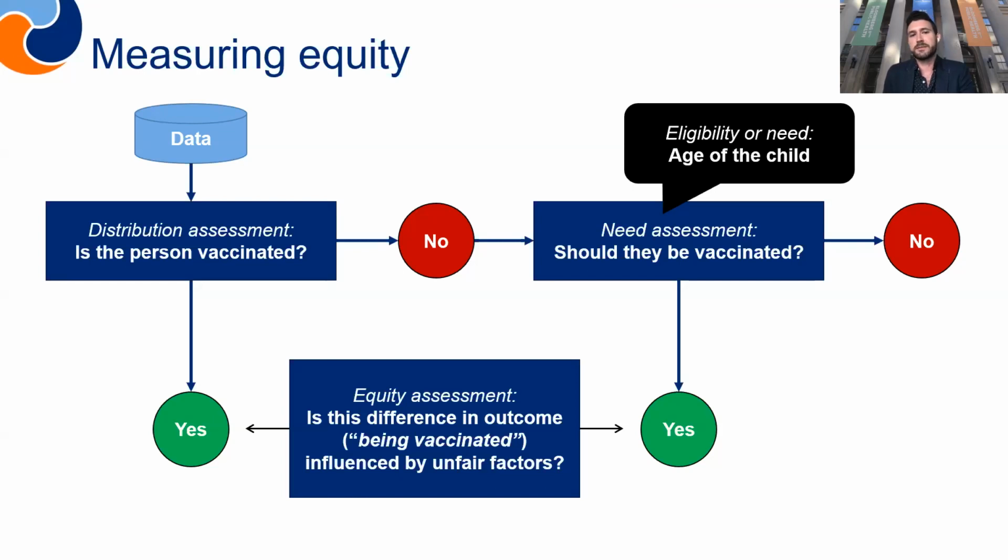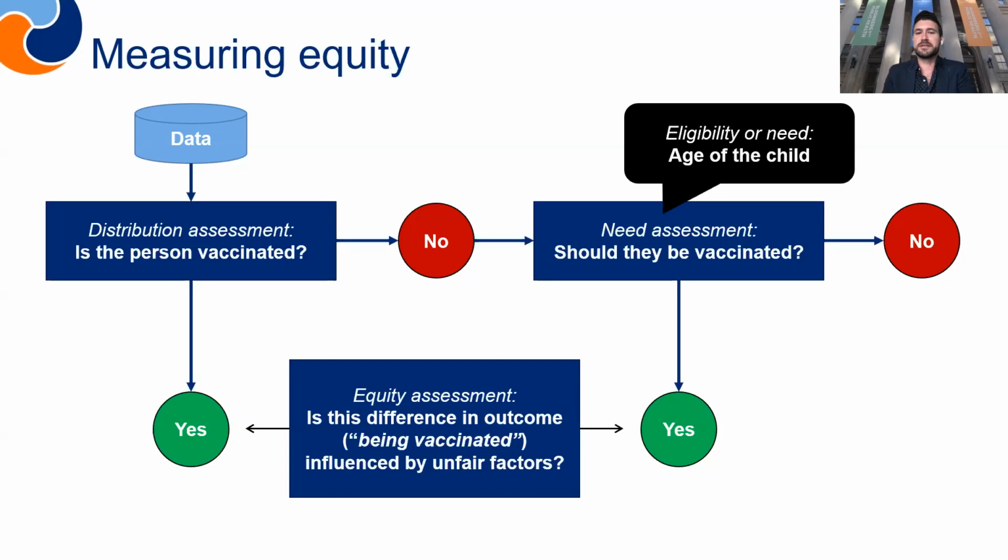We need to have some type of needs assessment: by the age that they are in the national immunization schedule context, should they be vaccinated? If no, they're left out of the analysis. If yes, they're included in the analysis. And so our equity assessment becomes the comparison between those who are vaccinated and not, adjusting for fair and unfair factors. I'll talk about what unfair factors are in just a minute, but the fair factors of why someone shouldn't be vaccinated, and we'll use that terminology a bit throughout the course of the webinar, are the age